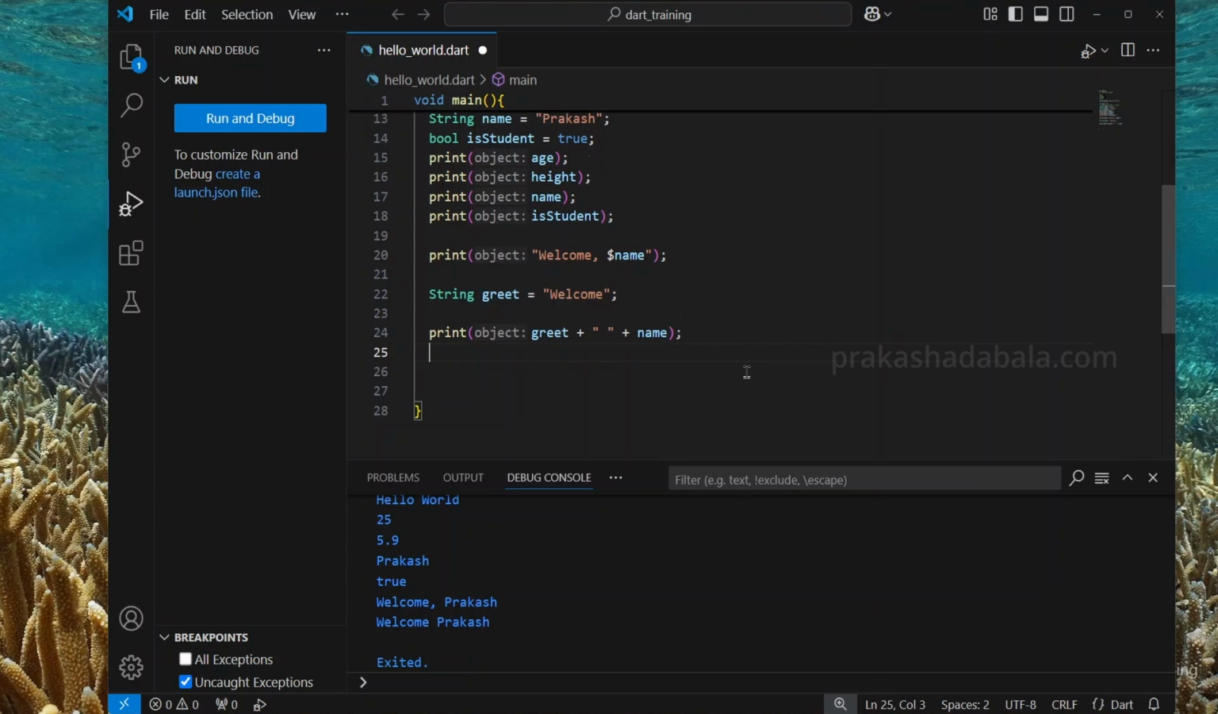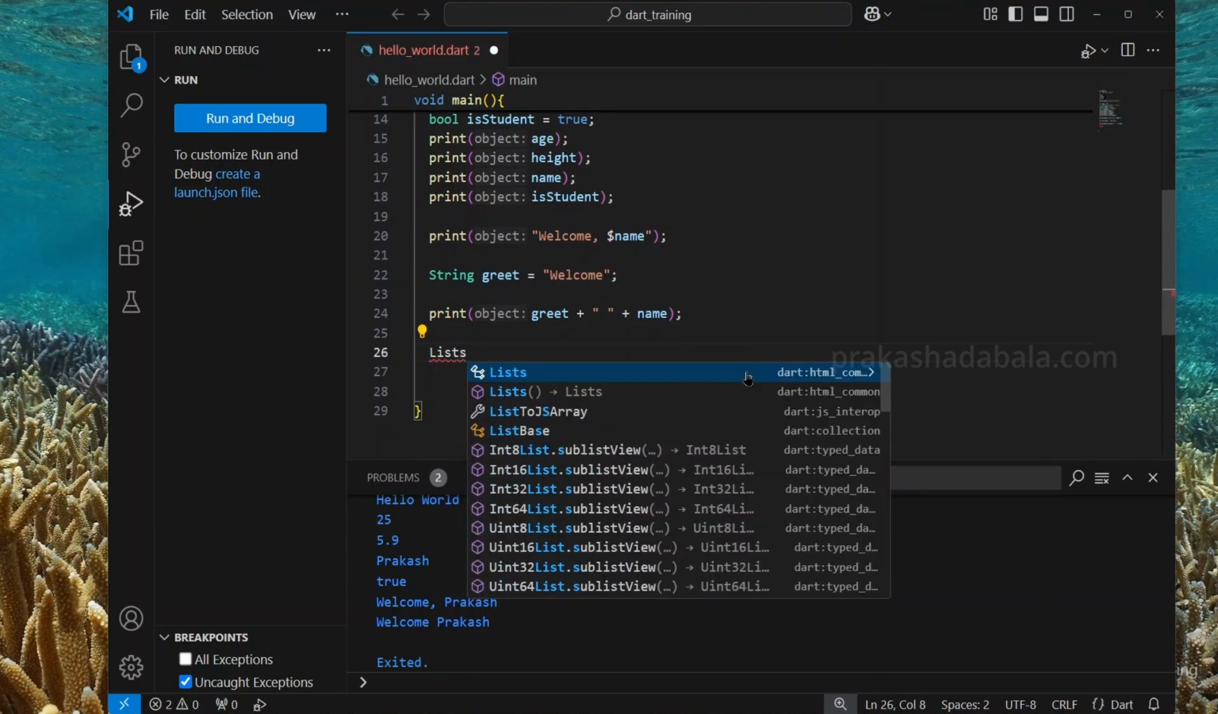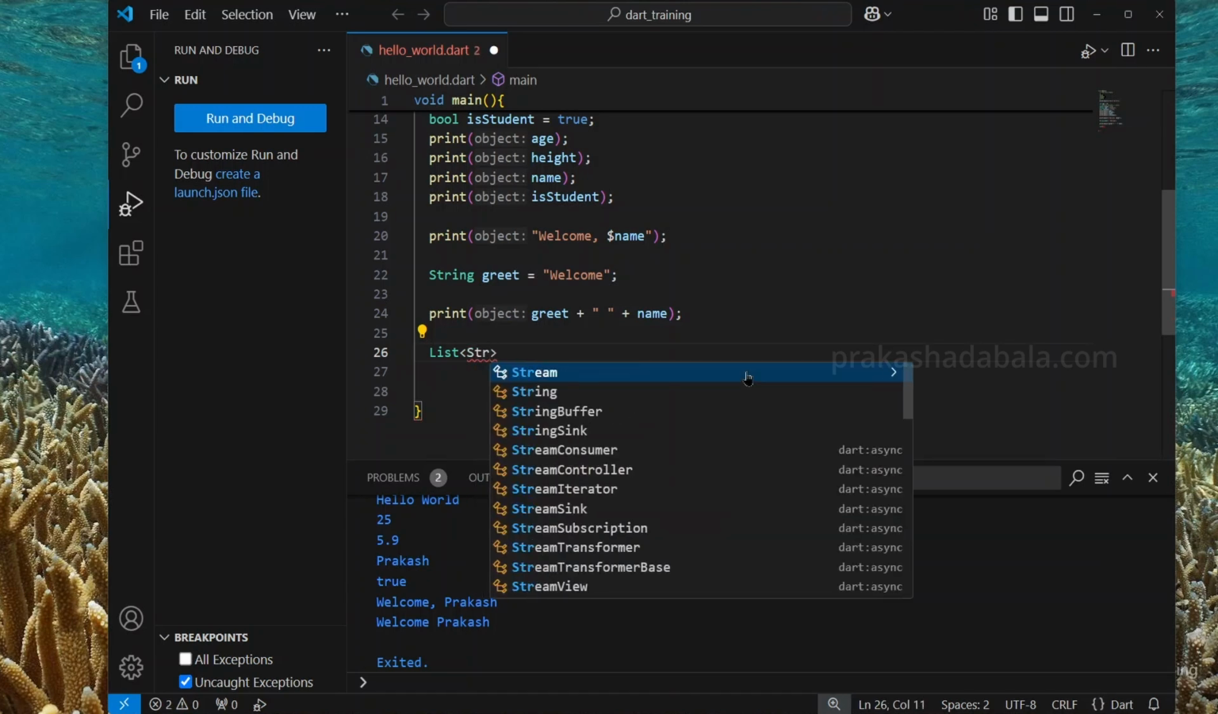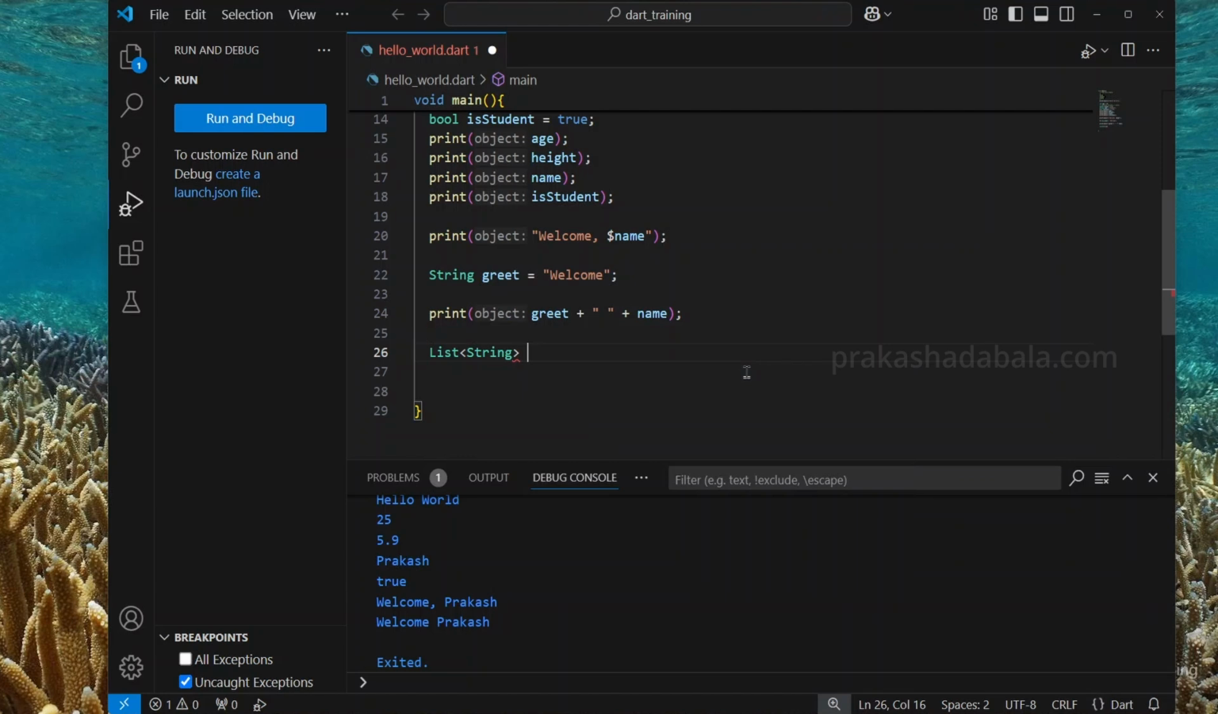Next is lists. What are lists? Lists are an ordered collection of items, similar to arrays in other programming languages like Java or C++. So let us see what a list is. If I want to store a list of fruits, strings, I will create an example variable: fruits equal to